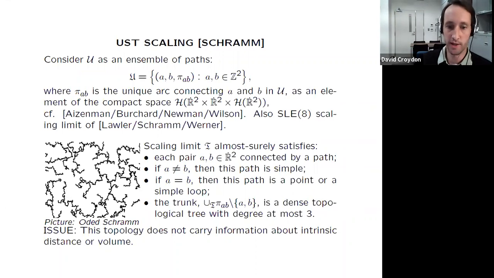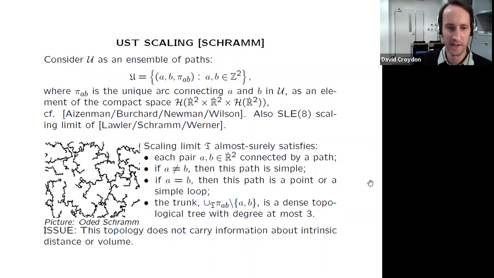But I should say the thing that was missing in this picture was that this contains no information about the intrinsic distances of the graphs, or the volume of the graphs in terms of the counting measure and how that rescales. Of course, when we embed the counting measure into R squared, the counting measure is just uniform, right? So we can understand that, but in terms of how it fits with the tree-like structure, it's not really contained in this picture.